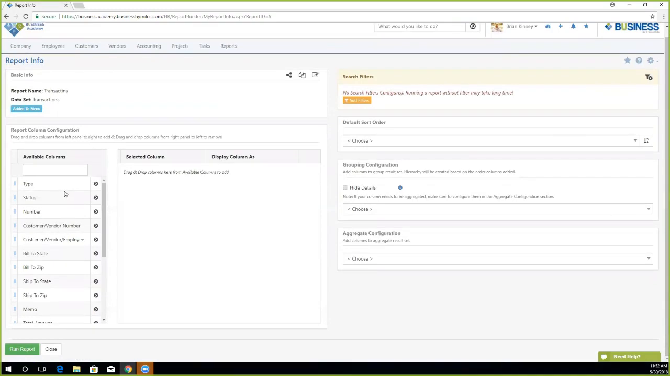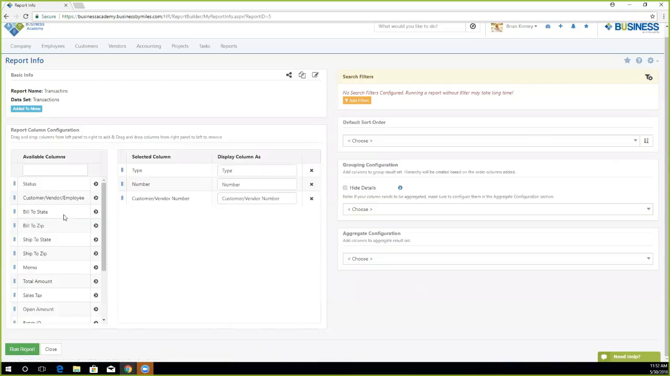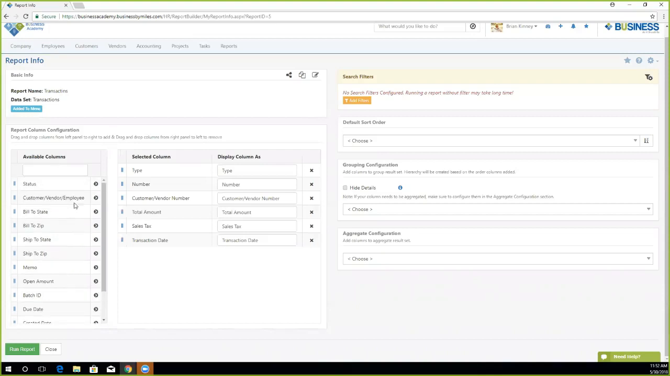On the left, we have available columns. This is data within business. And by adding columns, you'll be able to show data that fits that criteria. So if I want to show the transaction type, the transaction number, what customer and vendor this is related to, I can show the total amount, the sales tax, transaction date. I can get either very broad or very detailed based on these available columns and what you want to show